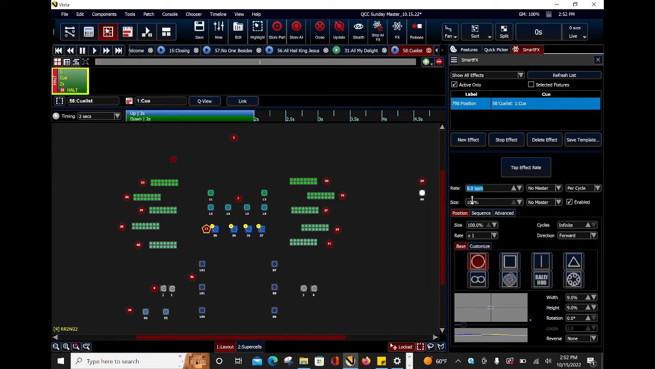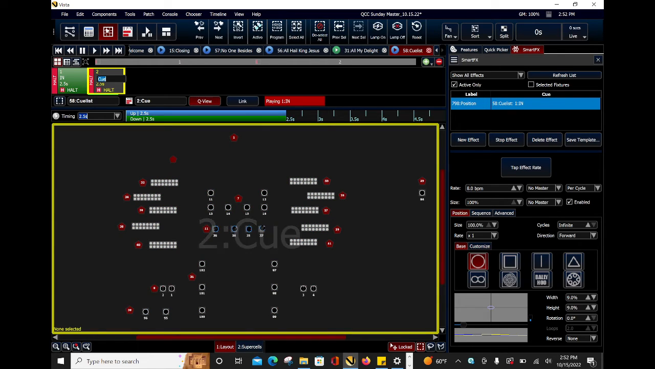We can change the rate, the size. And that's really about it. So what we would do is we'd make new cues. I usually just drag it over to make a new one. So this would be like in look. This would be like